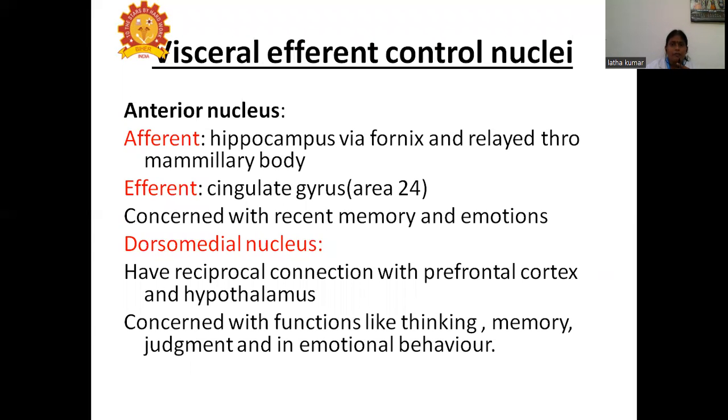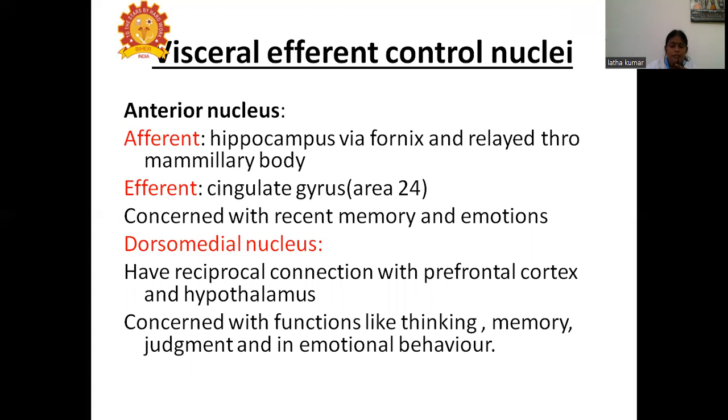Next one is the visceral efferent control nuclei. These nuclei are concerned with visceral efferent control mechanisms. The nuclei that come under the visceral efferent control nuclei are the anterior nucleus and dorsomedial nucleus. The anterior nucleus belongs to the Papez circuit of the limbic system and it is concerned with recent memory and